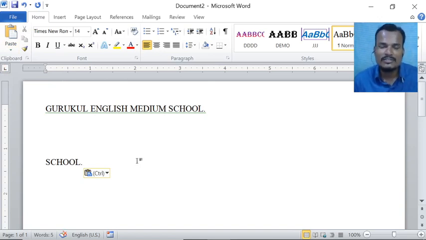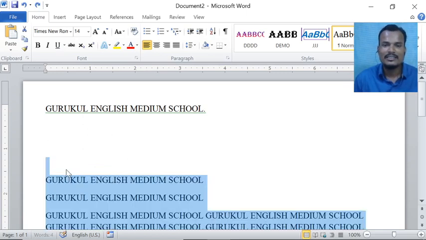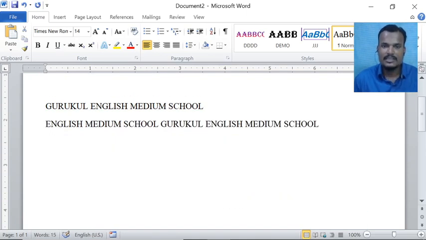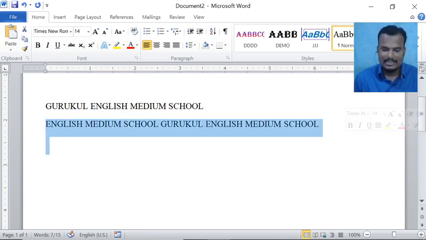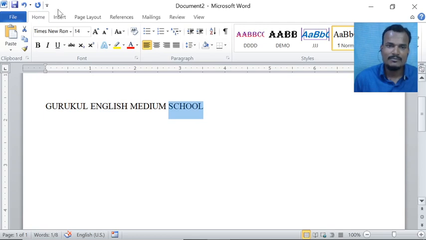Now observe the changes. The difference between copy paste and cut paste is this. In copy paste, this content we have copied from here to here, but you are still observing the original text. In copy paste, the original text stays as it is, and that text is only copied from there to here. Whereas in cut paste, we select this text, click on cut, and wherever we want, we click on paste.